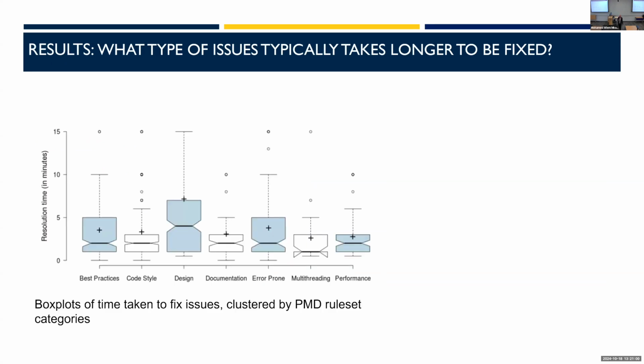Also, we looked at how long it took the students to resolve these issues using language models. And we discovered that the timing is actually different, right? For some situations, such as documentation and multi-threading and performance, it was pretty much quick. They use it, they get the results, they move on. For problems like design, for instance, they took longer than expected to come up with results, right? Which means they are facing issues and challenges to do that, okay?